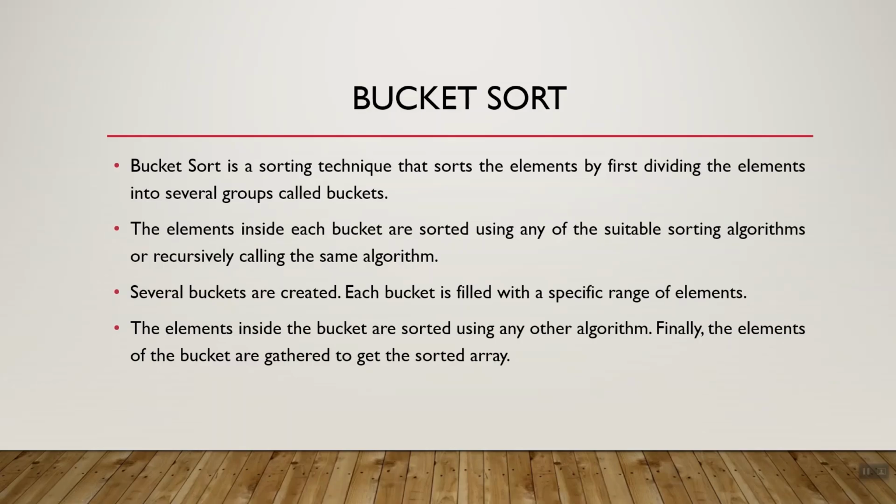Bucket sort is a sorting technique that sorts the elements by first dividing the elements into several groups called buckets. The elements inside each bucket are sorted using any of the suitable sorting algorithms or by recursively calling the same algorithm. Several buckets are created. Each bucket is filled with a specific range of elements. The elements inside the bucket are sorted using any other algorithm. Finally, the elements of the buckets are gathered to get the sorted array, as can be seen in the example